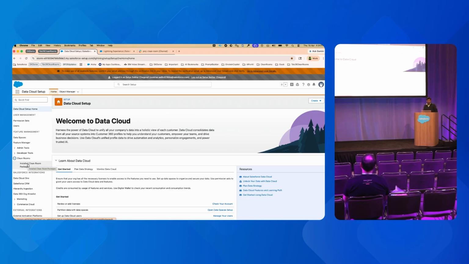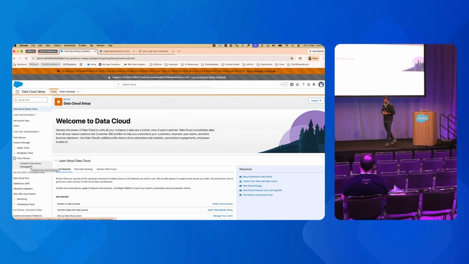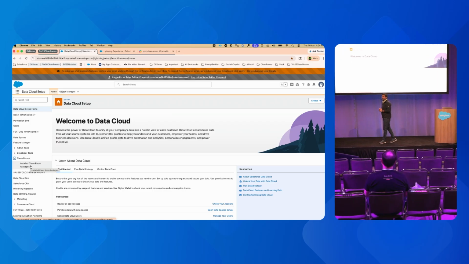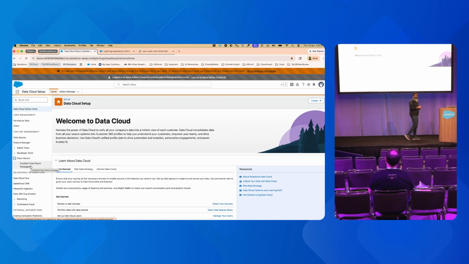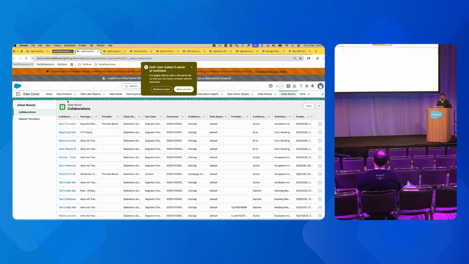Now, this package can be put in an App Exchange, or it can also be shared as a managed package. Now the consumer can install that package in their Data 360. Here you can see I'm a consumer where it can install it in the Data 360. Once it installs the package, it can create a